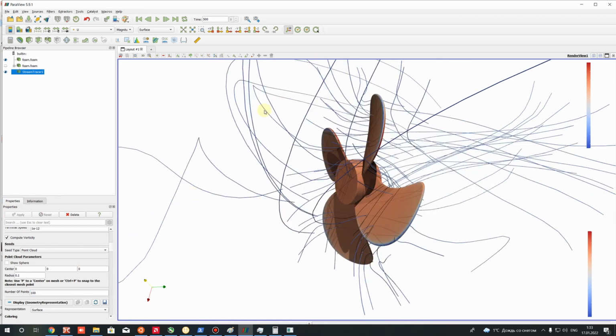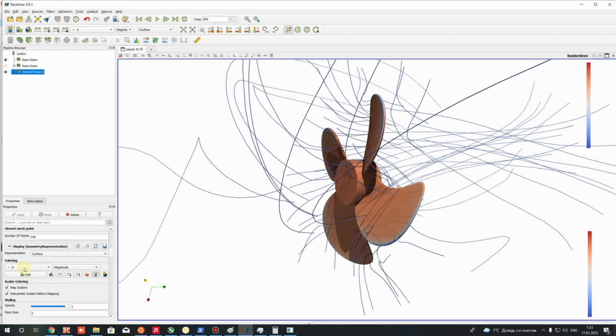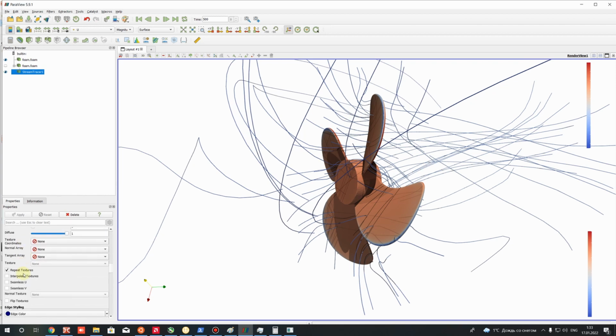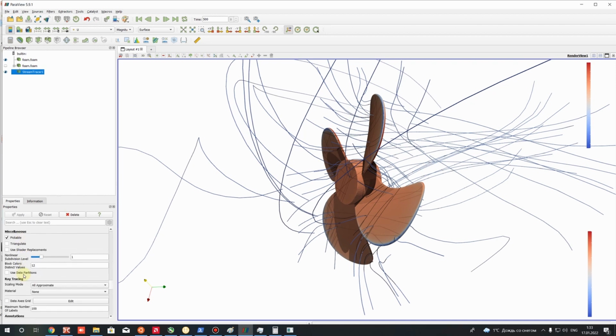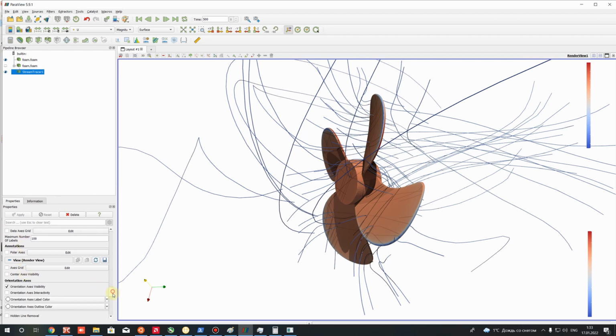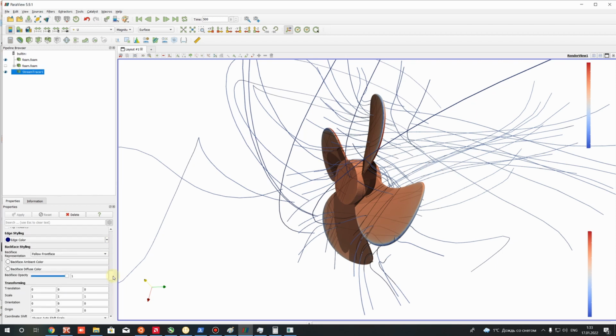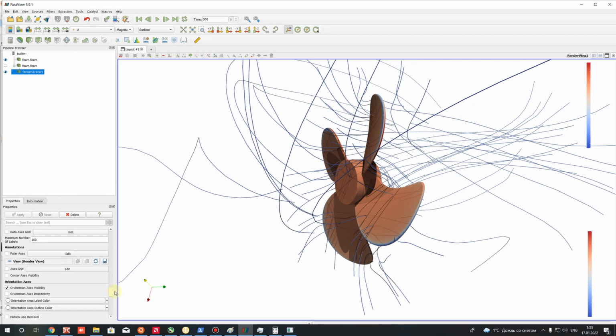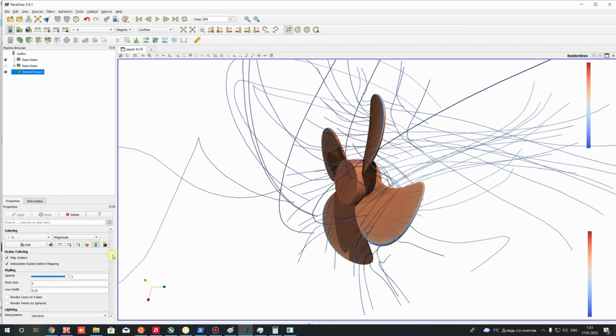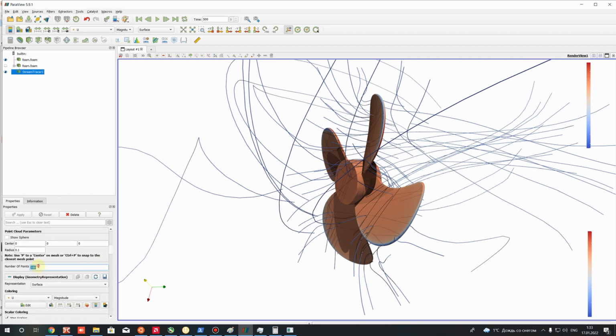And you will get something like this, a not informative case. Of course, you can use some tricks for visualization. I will show you. For example, let's just increase the number of points to 1000,